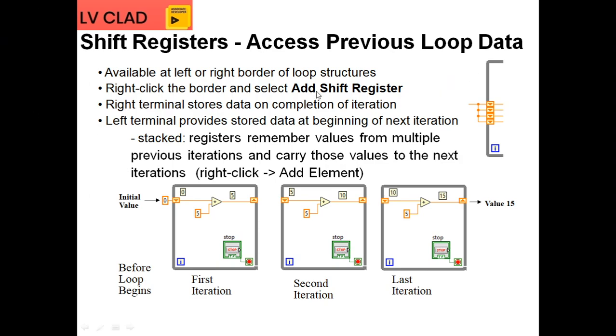How can I create the shift register elements? That I will show in the hands-on. But before that, you can understand from the code what will happen. Simply, they mention a shift register is present and they initialize it with 0. The loop is running for the first time, so in the first iteration 0 and 5 are added, and it provides 5 as an output to the shift out.